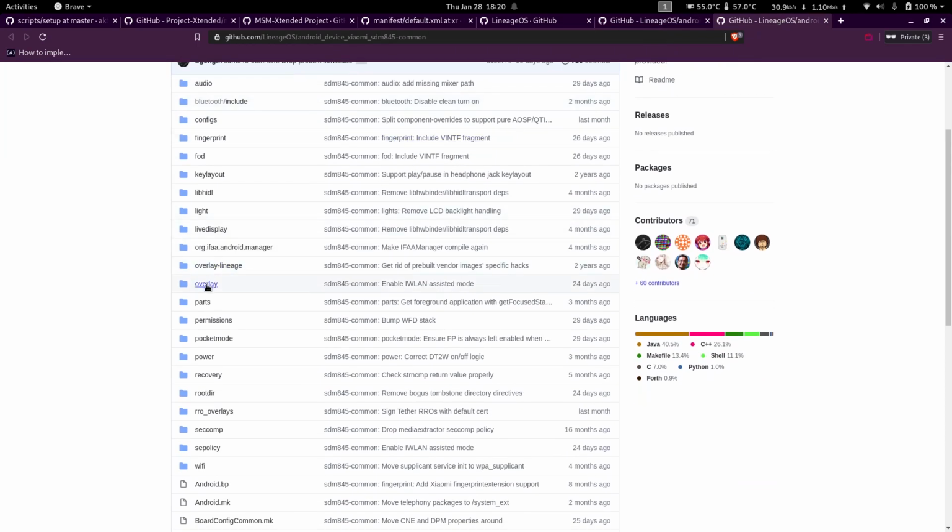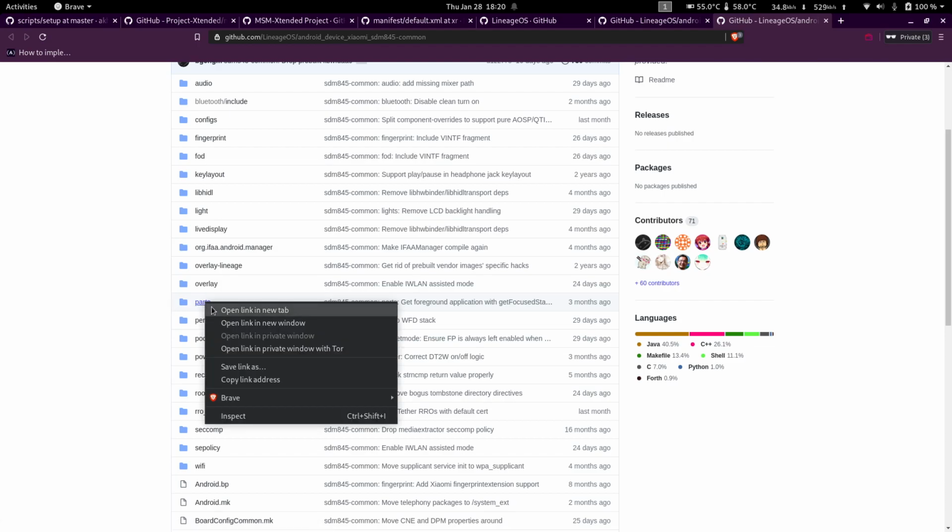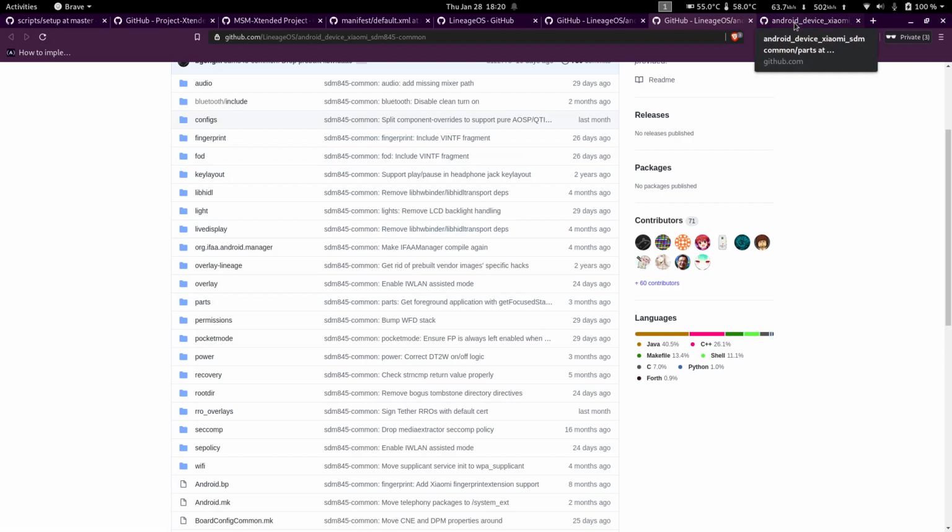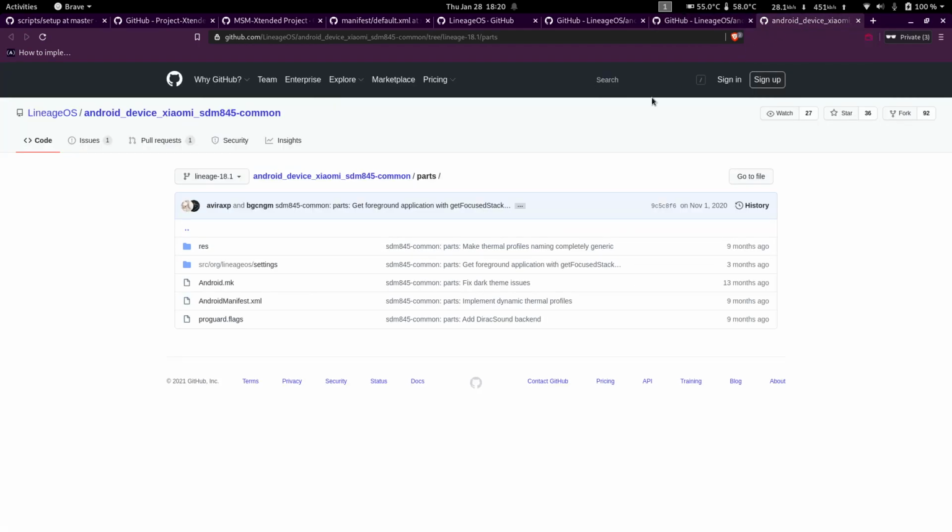Then also, like I said, custom ROMs have extra features. So this is basically Xiaomi parts. I just have to show you the source code because I cannot show you how it looks. But basically, this contains how the phone CPU and GPU should throttle or not throttle based on the applications running. So say for example, if you're gaming and you set the thermal profile to gaming, it would probably let your GPU boost for longer, thus having fewer frame drops.